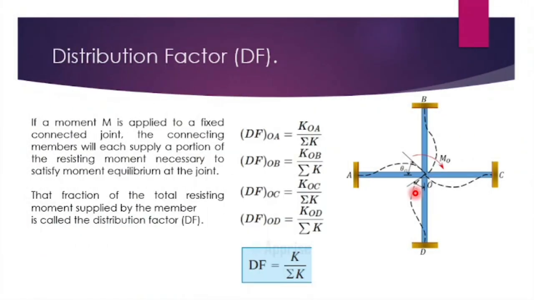And the next case is distribution factor, and you can take this formula, that is K by summation of K. Now you know what is meant by K. K is what? Stiffness. So if you need to find the distribution factor, the first component you should know is stiffness. The formula is K by summation of K. See, take this as an example, and you have 4 beams here along the y axis and x axis. You can see 4 beams.